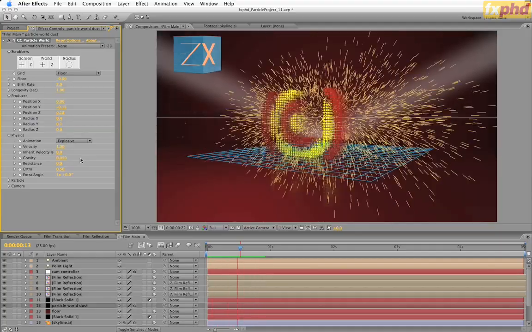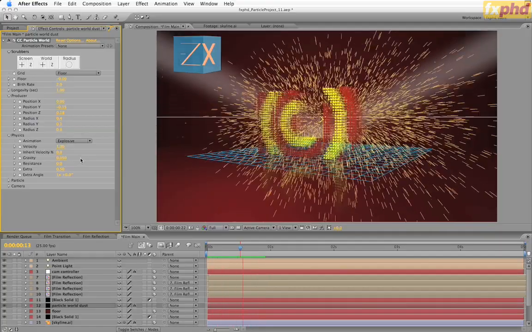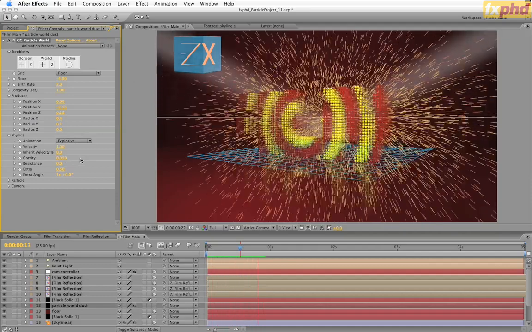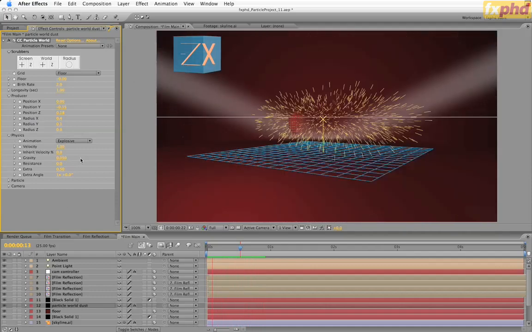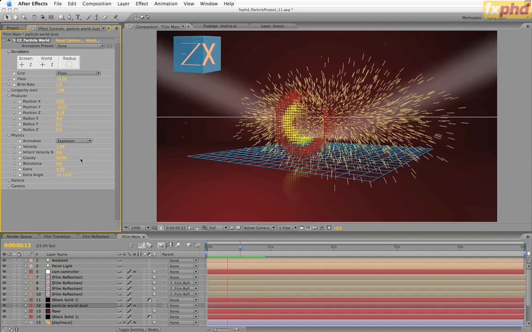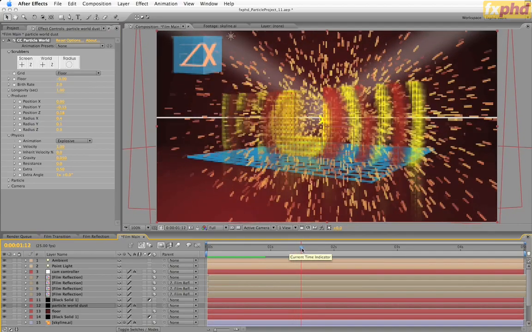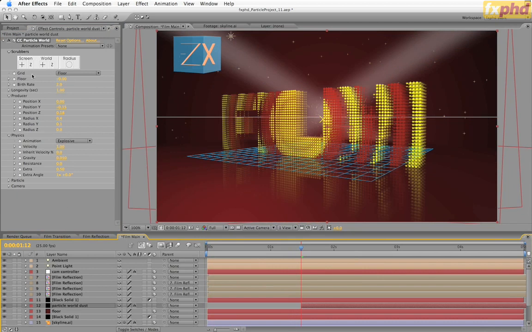At the moment it's kind of spewing out particles continually. Well, I only want that to happen at the point where the last yellow wipe occurs, and it's just going to be a burst. So I'm just going to set some keys for that. Okay, the yellow circle wipe sort of starts around here. So I'm just going to trim that layer to there, and then I'm going to set some keys for the birth rate. First of all, I'm just going to set that to 0, add a key, jump forward 1 frame,